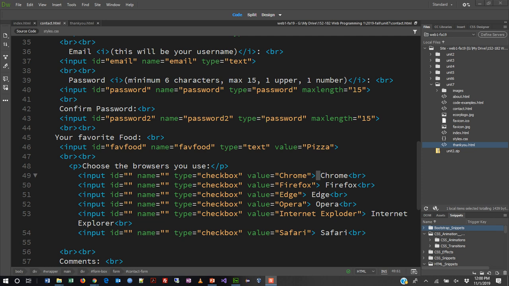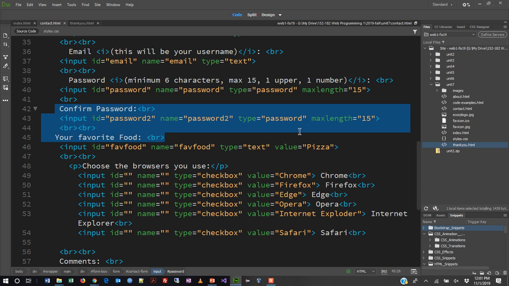All right, I'm going to do a really quick little record catch up here because I realized I didn't hit record when I came back. But basically what we've added since we've come back from break is we've added the password field, right? And with the password field, we set the type to password. And the unique feature of that is when you type into the text box, it obscures your characters. And since we did a one password field, we also did a confirm your password field. We also set it to a max length because we only want them to be so long. Then we went and we learned about